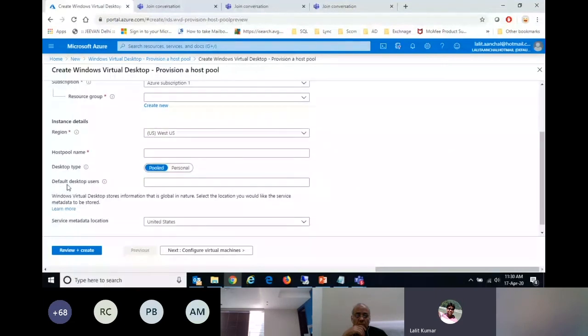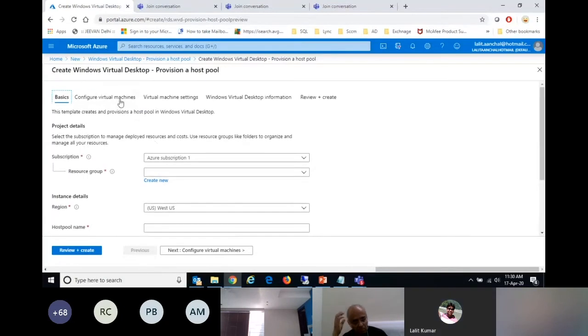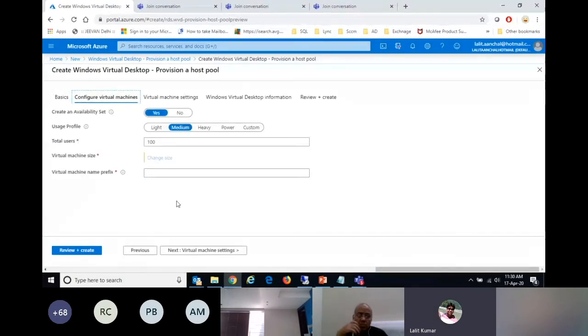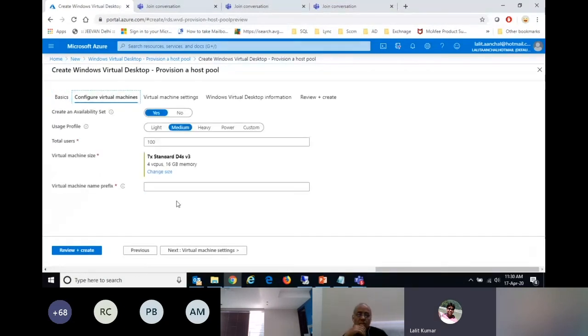Like in the desktop type, you can see pooled or personal. Pooled here means a multi-session machine, and personal means a persistent machine, which is specific to one user only. Other configuration that you need to put in is by selecting the profile of the image that you are going to deploy.